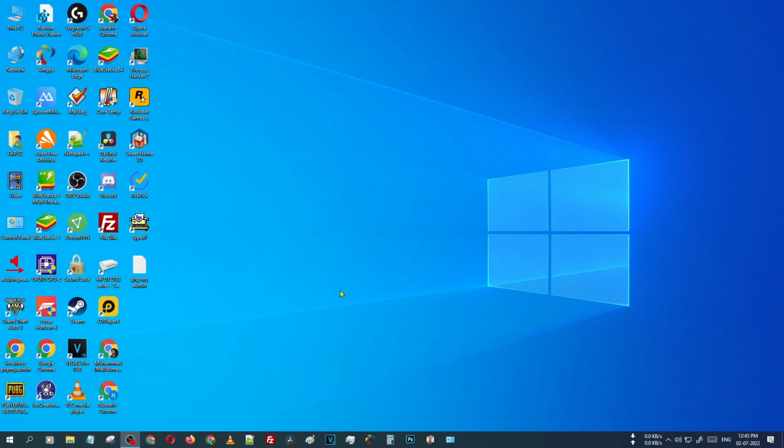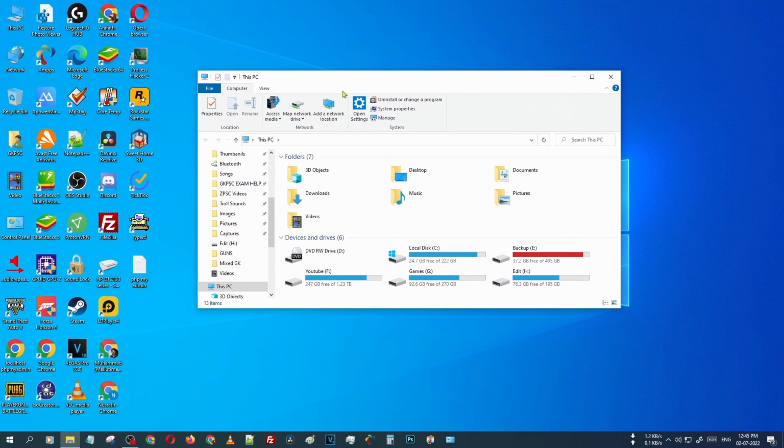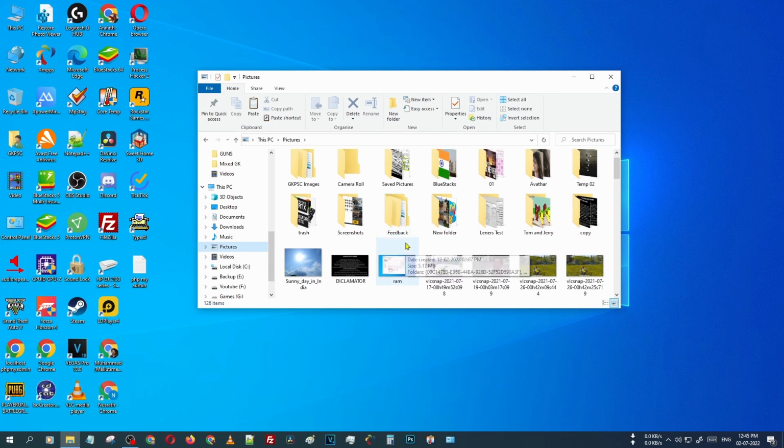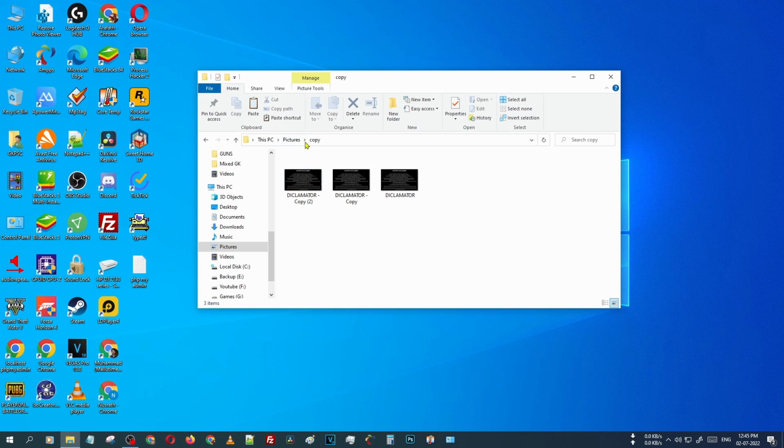In this video we are learning how to hide a folder or a file from your Windows PC. Opening my computer or this PC and select your files. In case I'm opening my Windows Pictures folder, after opening that folder I'm selecting this copy page or the copy folder. If you want to hide those photos, the extra copy of these photos or